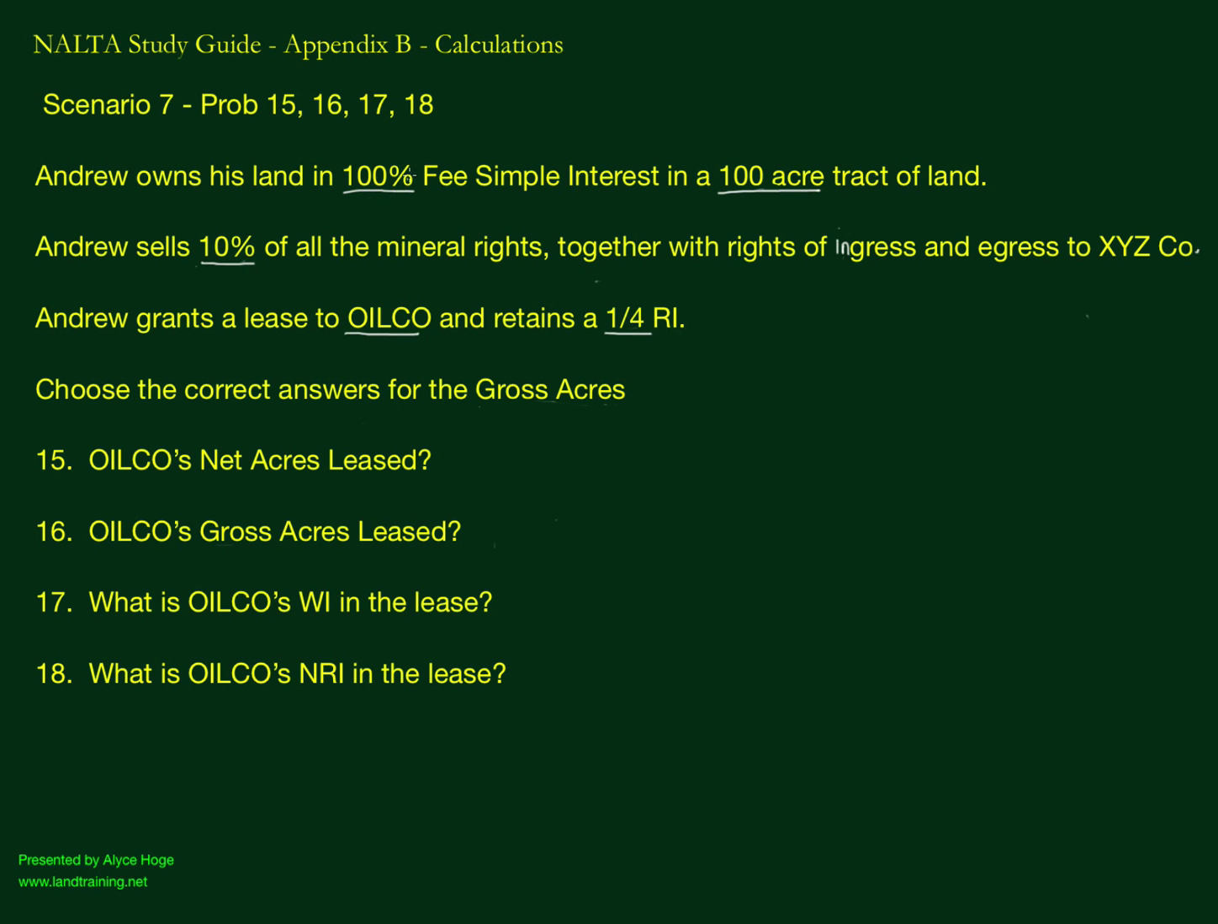Now, initially he started off with 100% fee simple, but when he sold his interest, he reduced that 100% minus 10% to now a 90% fee simple interest. So the gross acres remains the same. That's 100 acres. But the net acres changes. The net acres is reduced by his mineral interest. So it is,